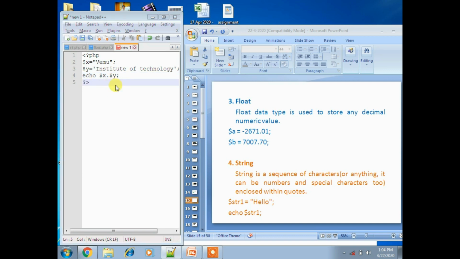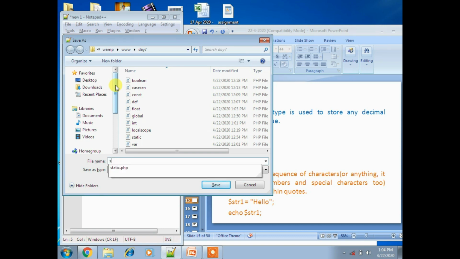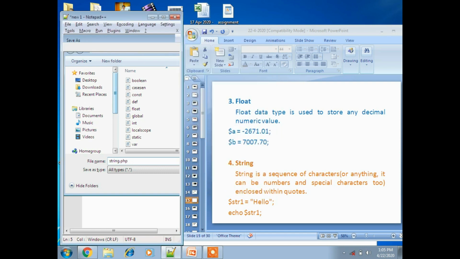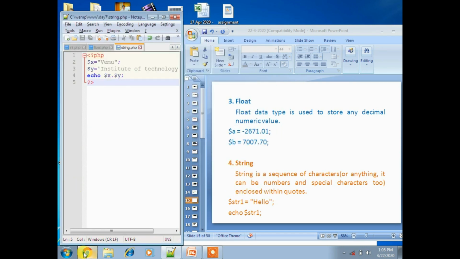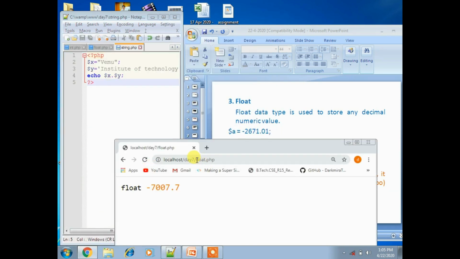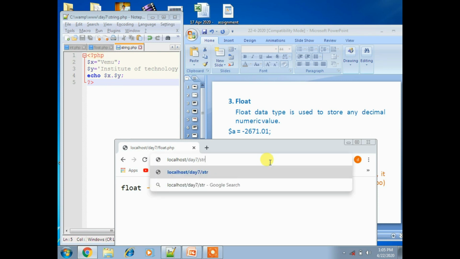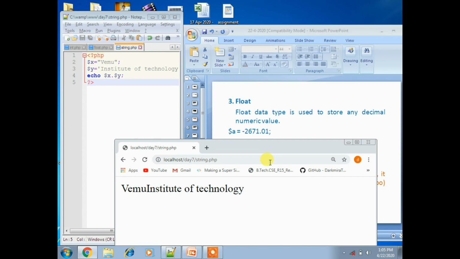Now let's save this as string.php. Now execute the program with the file name string.php, which gets Waymo Institute of Technology. Waymo is X, right?